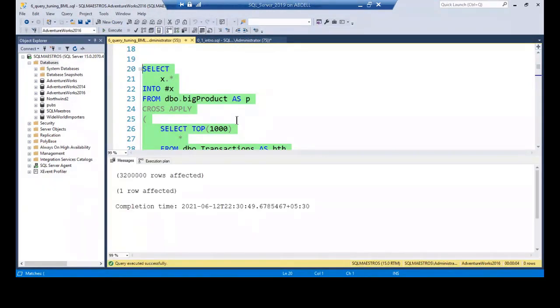Now, I'm not telling you what I'm trying to do, but let's keep this in mind. Let's just first watch the demo step by step as to what's going on. So 3.2 million rows were affected. They were inserted into a temporary table called hash X, and it took 4 seconds. I'm not zooming in, but if you can just look at the bottom right status bar, it took 4 seconds